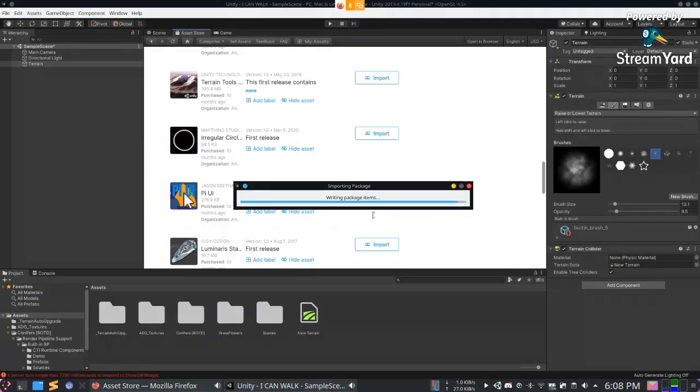As it has been clear to you by now, import takes time and it doesn't really allow you to do anything while it's doing that. So we have to wait.